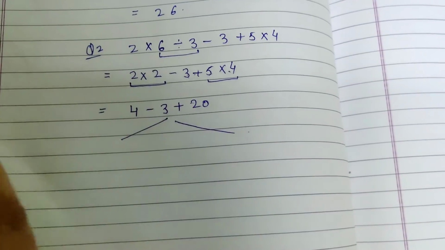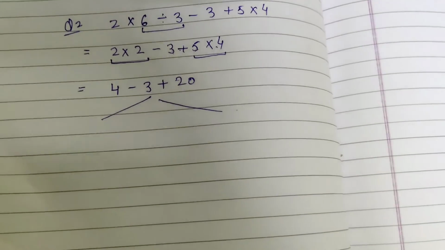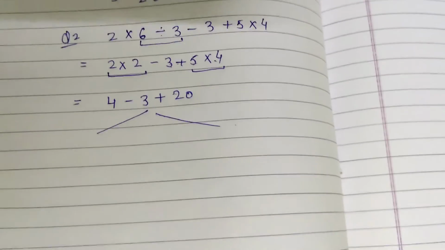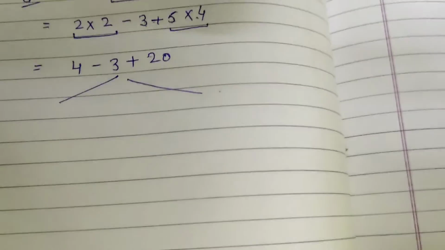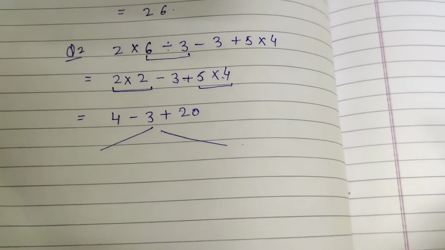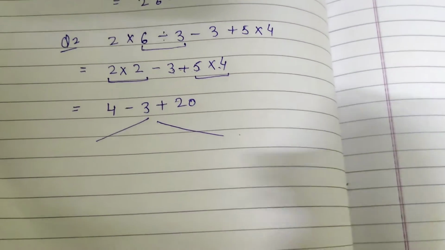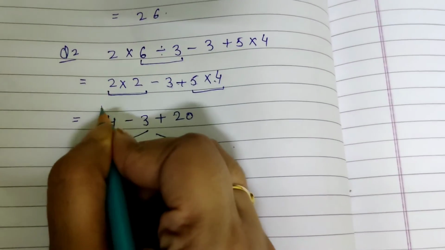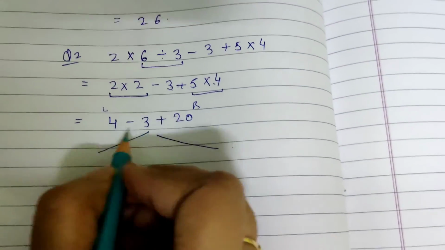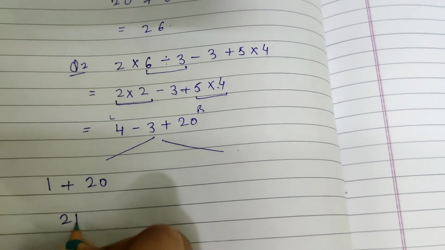Now whenever your division and multiplication is done, the next step is addition and subtraction. Now what we have learned till now, like first we need to add and then we need to subtract. Okay, but the actual BODMAS says after you have done your bracket, order, division and multiplication, then you can add or subtract whatever comes first from left to right. Okay, from left to right, whatever comes first you need to do that. So here my subtraction is coming first, so I will do subtraction. Plus 20, so my answer is 21.